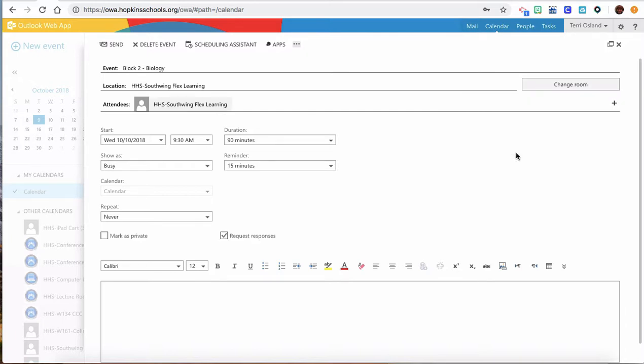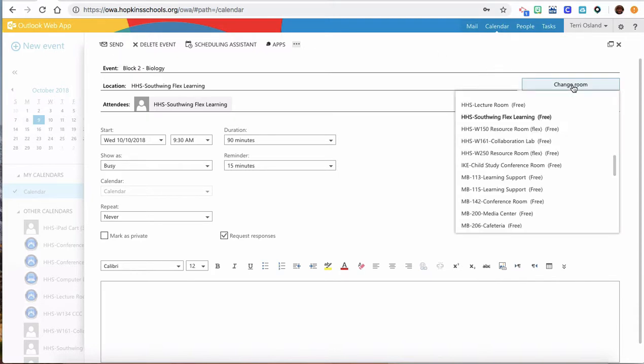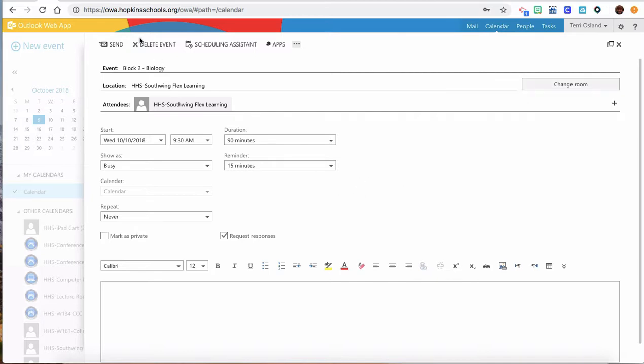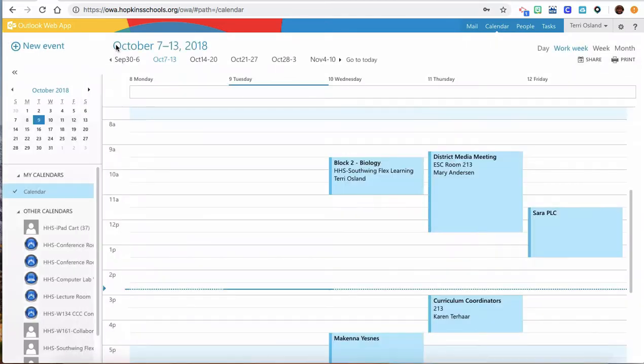Now here's where it gets a little bit wonky. You actually now click the send button to reserve that space during that time. So it seems like you're sending an email, but you're not. That's kind of like a save button. I should also mention, if when you use the room button over here you don't see the space there, that means that somebody has that space reserved within the time period that you selected. All right, so to confirm this, I click on the send button,